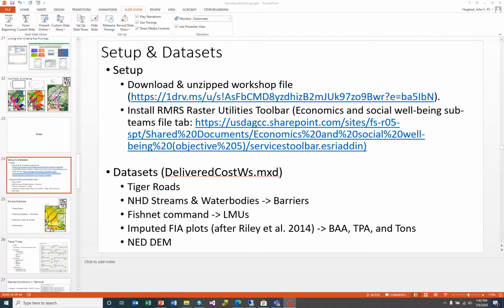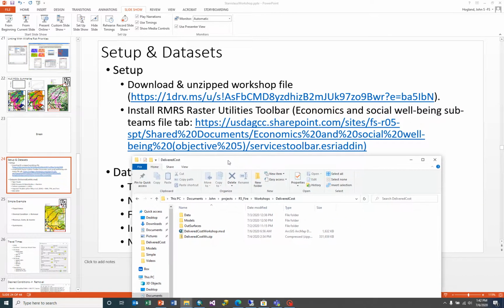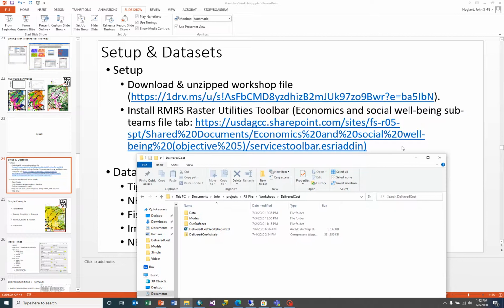To begin with, we should make sure that we've already done the appropriate first steps of downloading and unzipping the workshop file, and additionally installing the Armorous Raster Utility Toolbar. If you have not done so, please go and download the workshop file and the toolbar from either the team site or from the links provided here. And once they've been downloaded, simply double click the add-in toolbar, such as seeing right here,